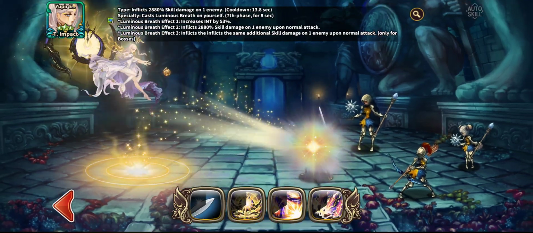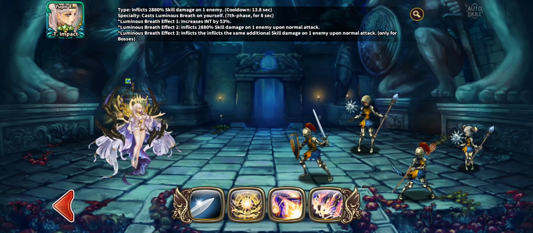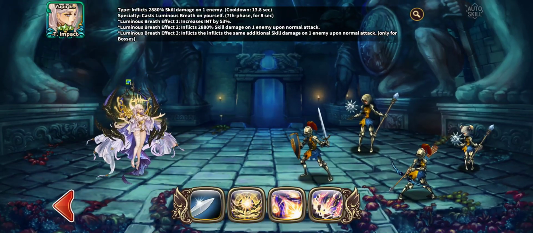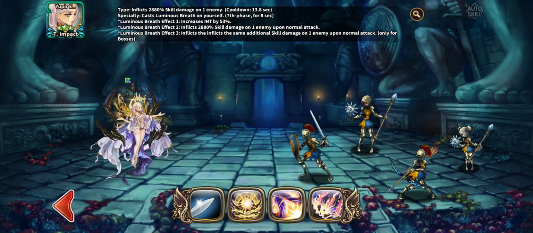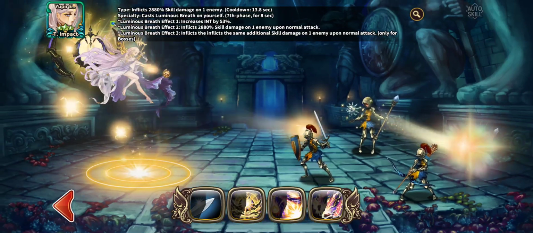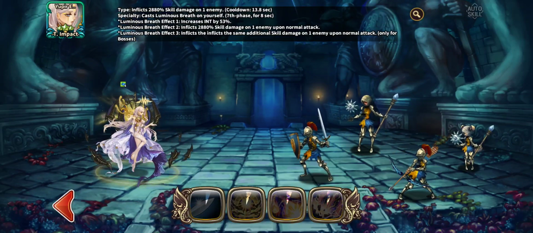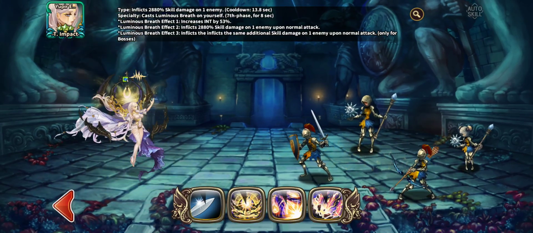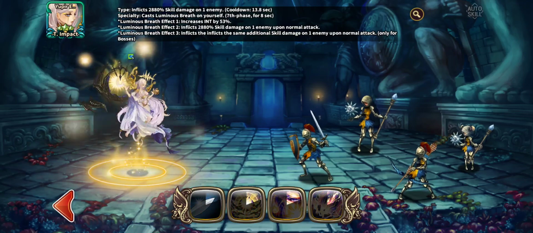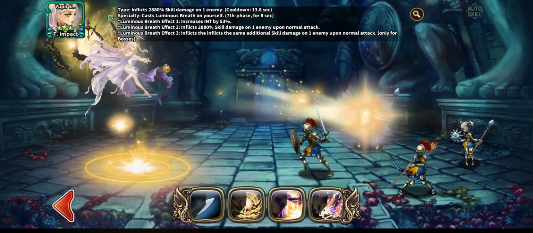Secondly, it says it inflicts 2,888% skill damage on one enemy. Cooldown 13.8 seconds. Let's see why. It says specialty casts Luminous Breath on self, 7th phase for 8 seconds. The first effect is increase INT by 53%. That's pretty awesome, actually. Increasing the main stat is going to do a lot. The second effect says inflicts 2,888% skill damage on one enemy upon normal attacks, which is pretty nice. It's not too bad. And then the third effect is inflicts